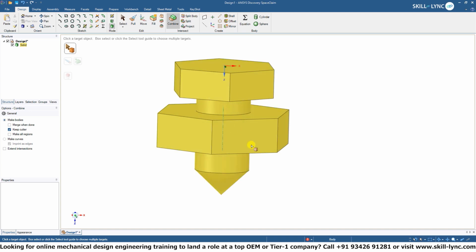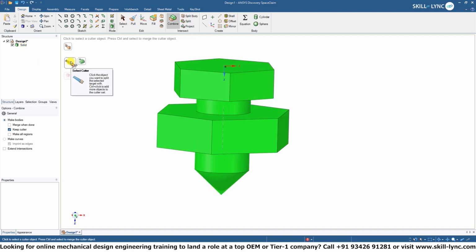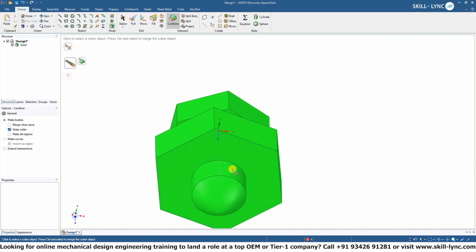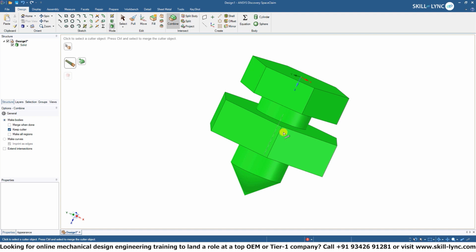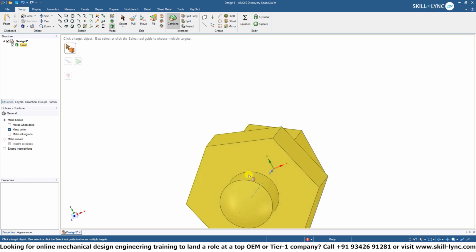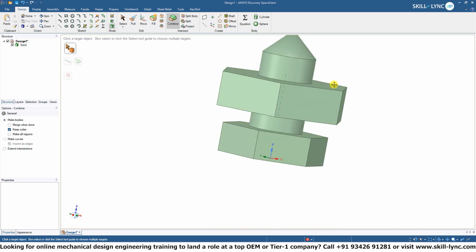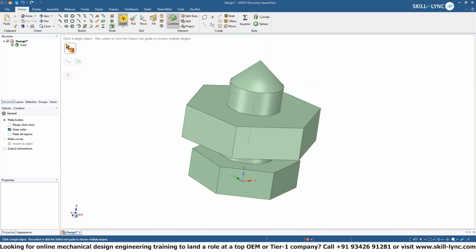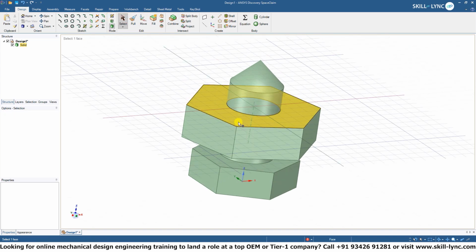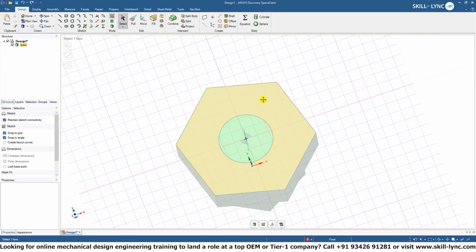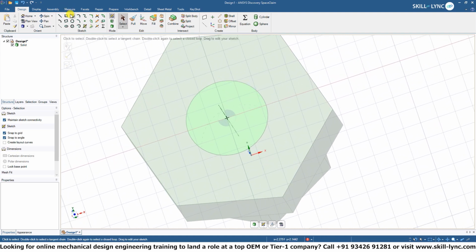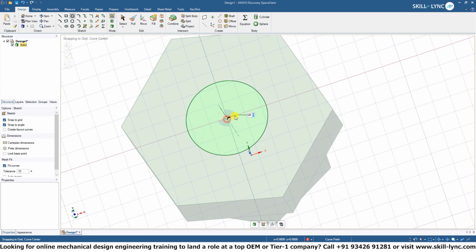However, the issue with separating geometry is you need a surface to separate. So right now it says, okay, you have to select a cutting surface. Obviously, to be able to cut between this nut and the bolt, we need an intermediary surface between the two. This is not an easy task to do, but just as a quick example, if we go onto here and we create a sketch that's similar to that surface area,